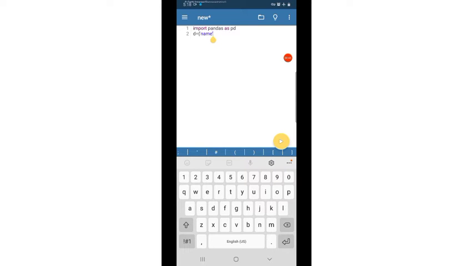Name, then in square brackets I am giving some characters as names: A, B, C.